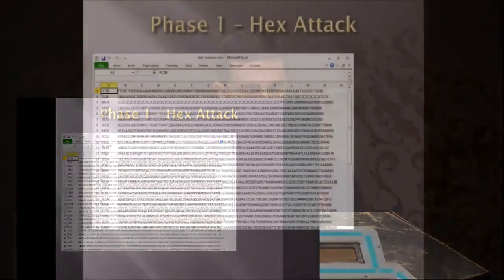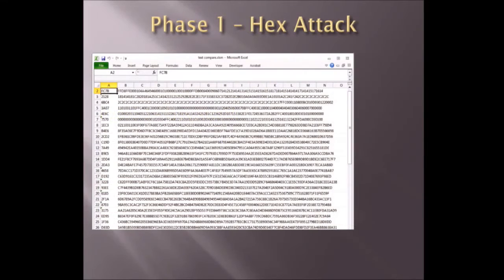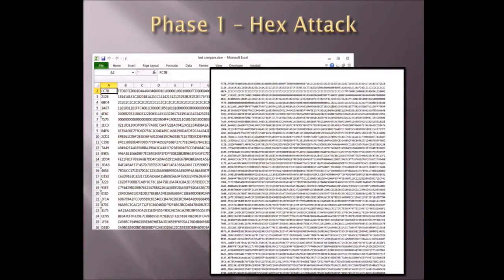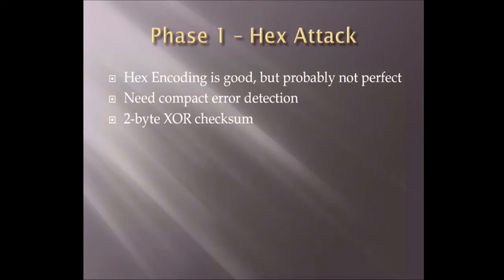So this is what it looks like when you encode a file. The script, the hex attack script, which I would have loved to have shown you running real time, will create this, and it generates 2 columns. This is the data column, the information in the file there, and this is the 2-byte exclusive OR checksum, which I'll talk about in a little bit. And then you just export those as a CSV file and print them, and you can take these pages and scan them and transfer your data into your closed network, as long as the secretary is not watching you scan. All right,